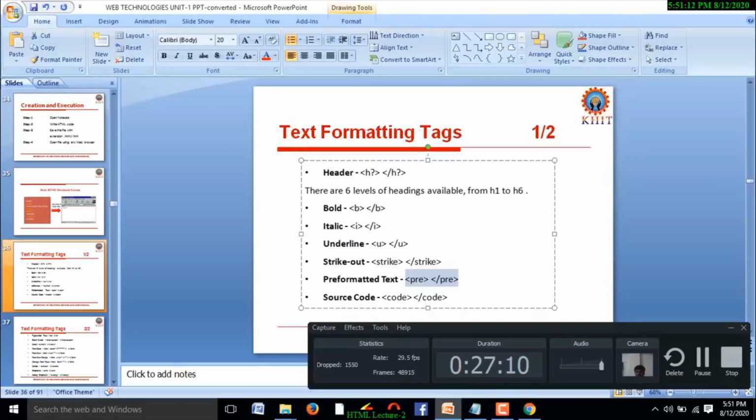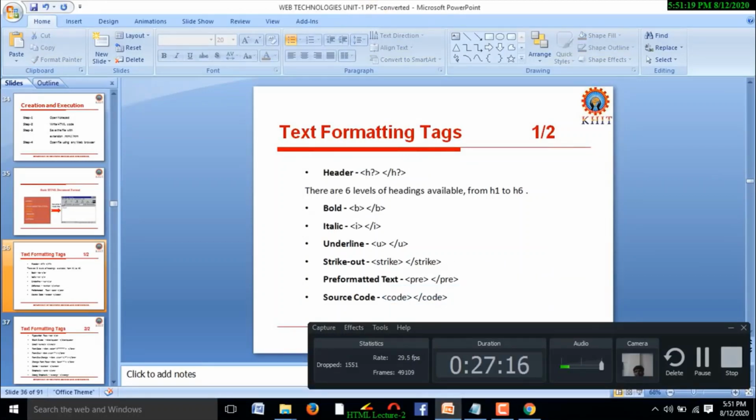Yes. Coming to the next tag. Next tag is code. Sometimes we need to represent our document content in the form of code. At that time, we need to give a clear separation for the normal text as well as code. Suppose it may be a C program, assume like this.